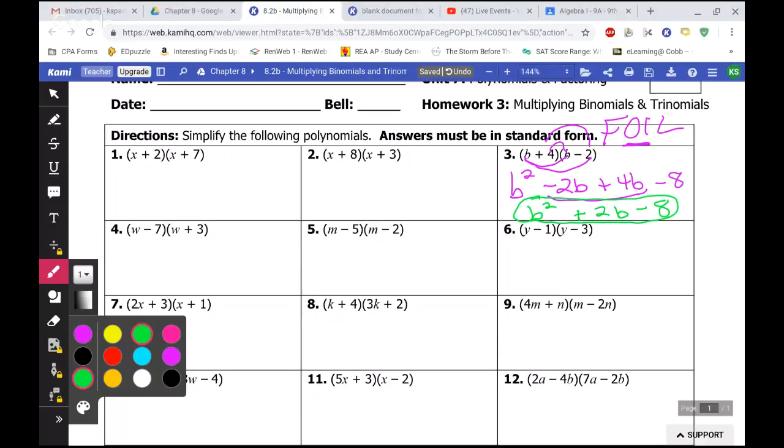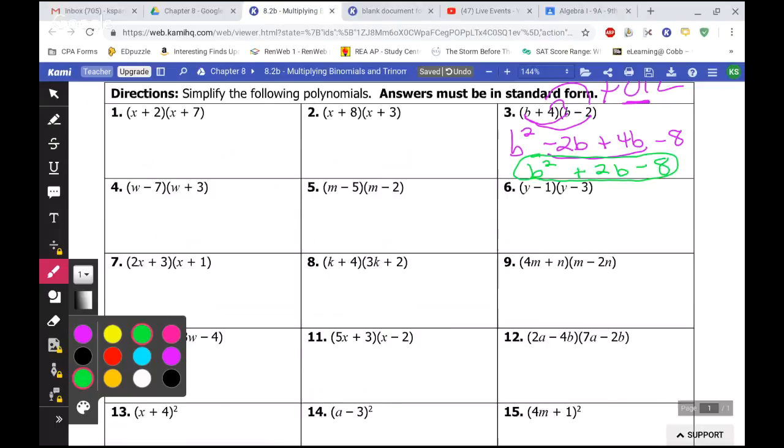Okay, so for the second row, which one would y'all like me to do? Any particular one? 4, please. 4? Okay. Yeah, the ones with the opposite signs can be a little more confusing than when the signs are alike. So, okay, so first,